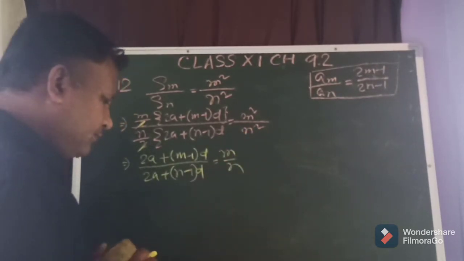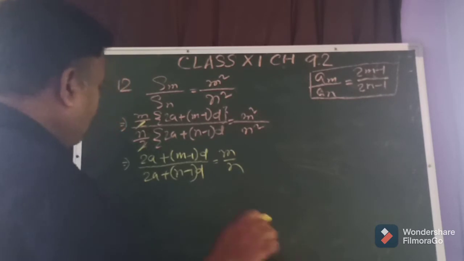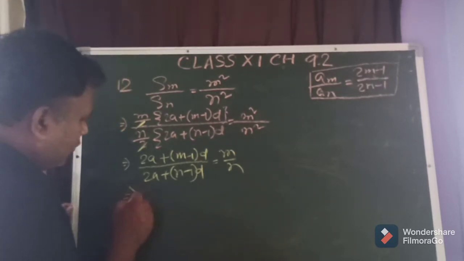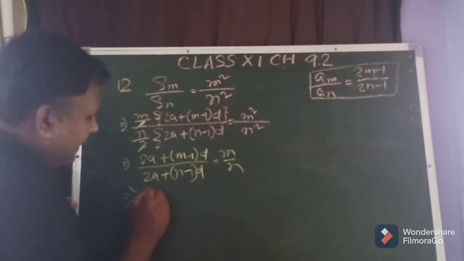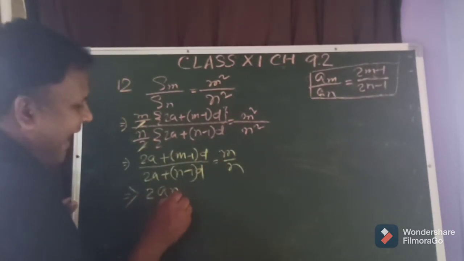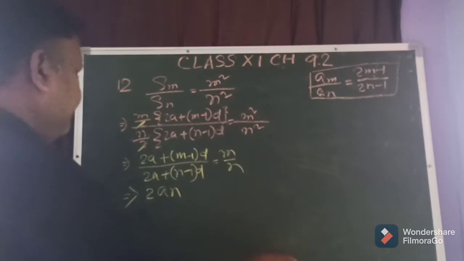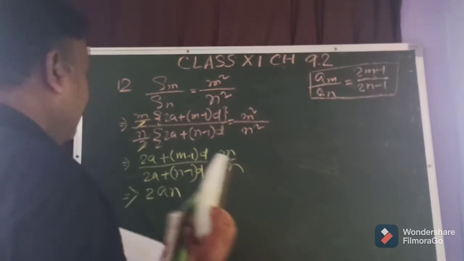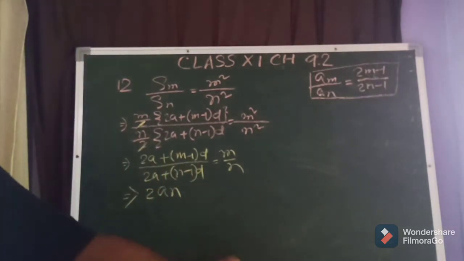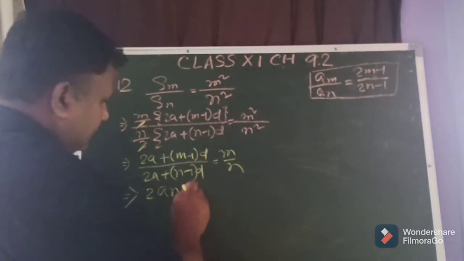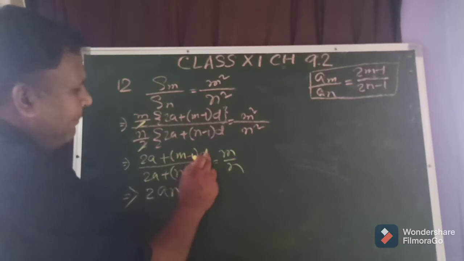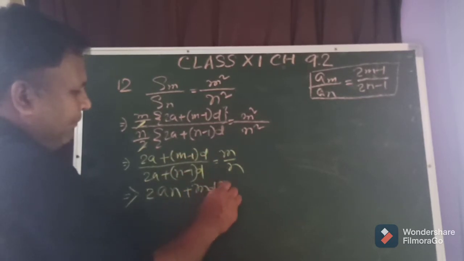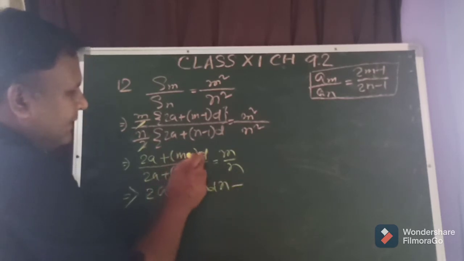So then what will we do? Now you have to multiply. Cross multiplication. So cross multiply: twice a n plus, that will be md into n, mdn minus dn